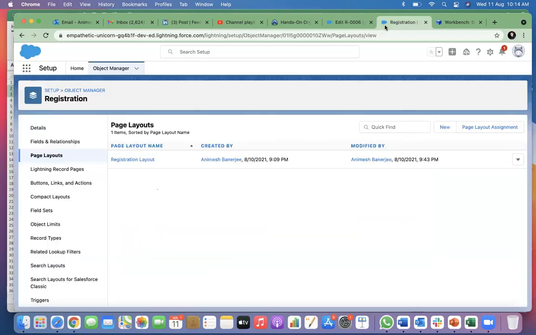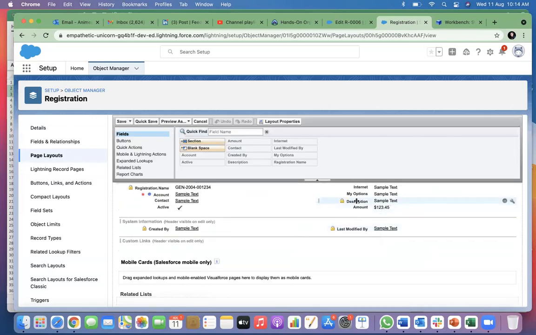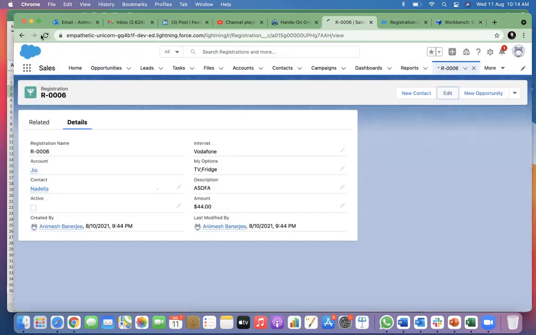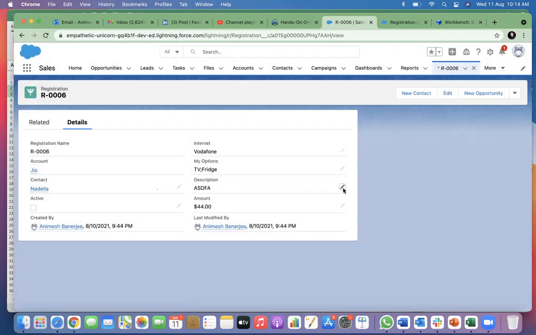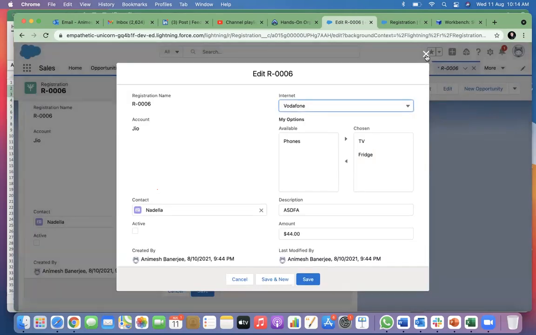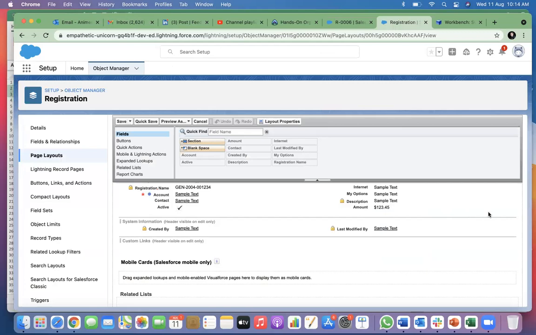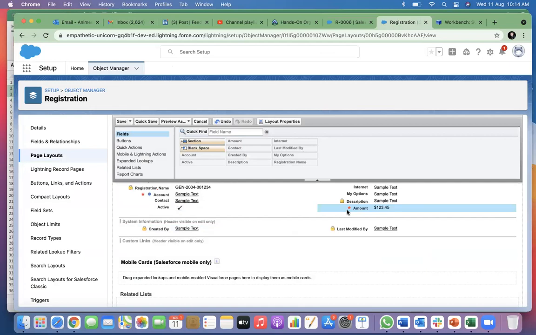Hold on. Yeah, description. It will take a while. Anyway, you will see that you will not be able to edit this after some time, just when the caching is taken care of. You can make this mandatory also. Red star will appear. Then you cannot leave this field blank.